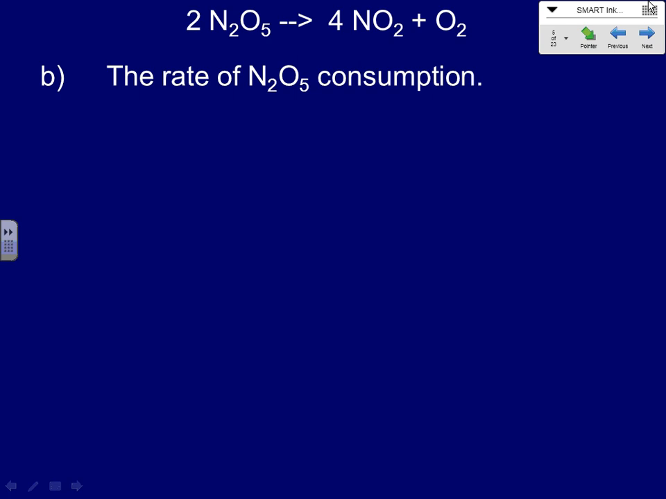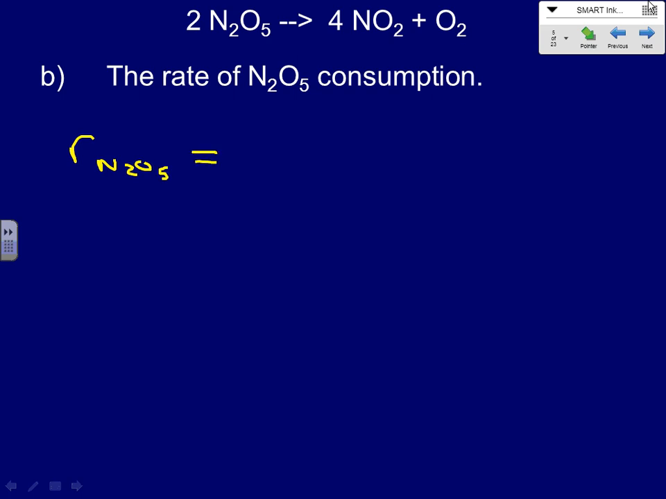Once we know the rate of consumption or formation of one of the reactants or the products, we can then determine the rate of consumption or formation for any other reactant or product straight through stoichiometry, all right? So in this case, the rate of consumption of